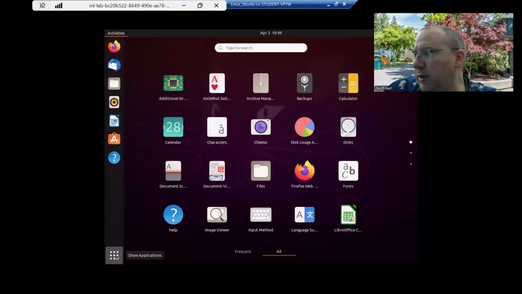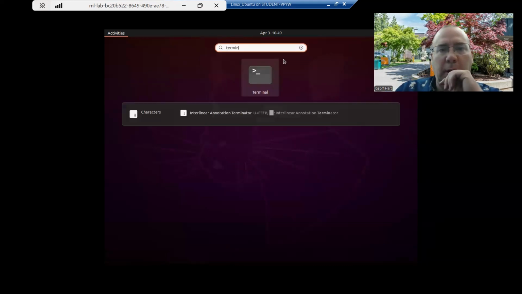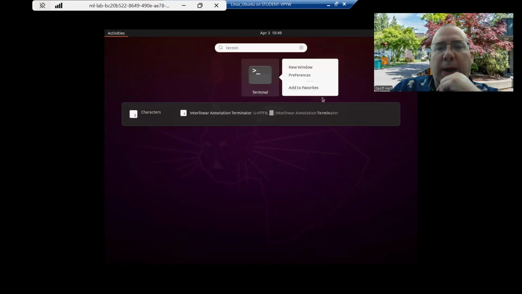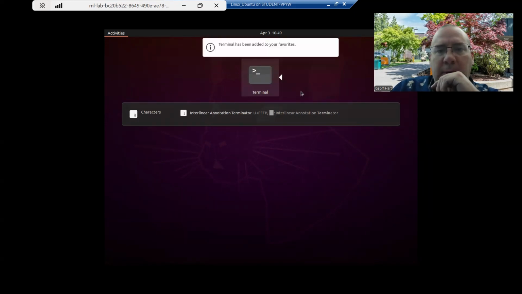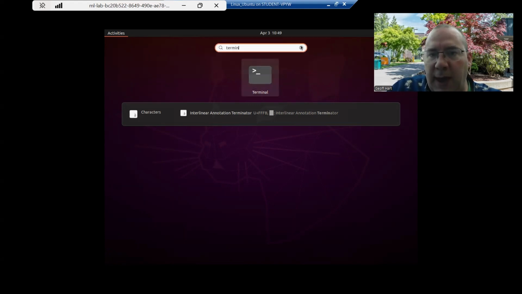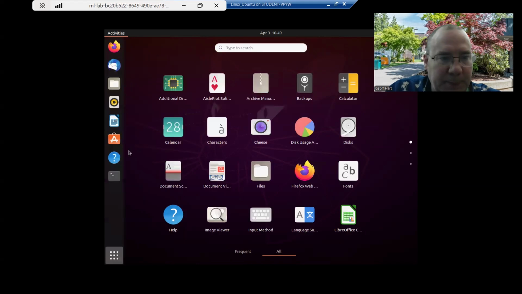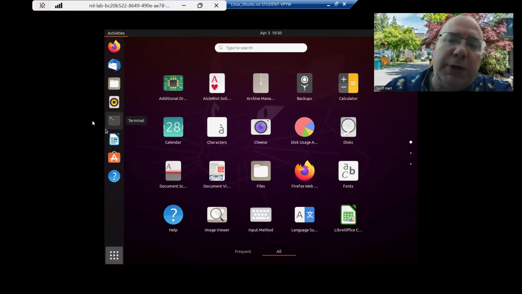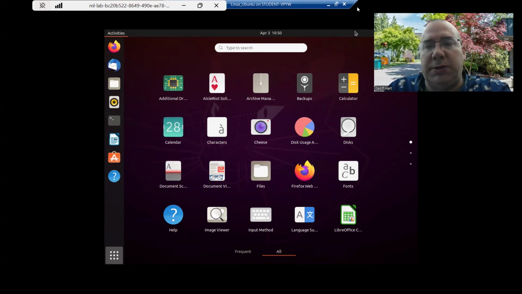You can click this and go up to the search bar and type terminal or term. You can right click on this and go add to favorites. And what we've done here is added it to the sidebar right here. Okay. And we're going to use this terminal application in the 2 lab activities that we do in week 3 of this course.